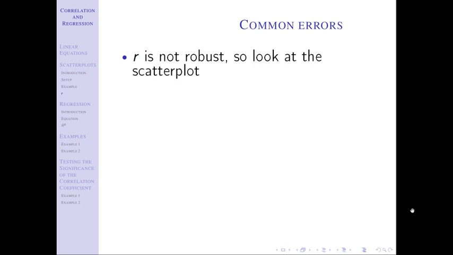So if I can give you the value of R of a situation and say it's 0.3, and you'd say, oh, that's not very good at all. That's pretty weak. But I might give you a picture of points that are pretty correlated that look like they have a nice, good relationship, but an outlier or two could really affect that value of R.